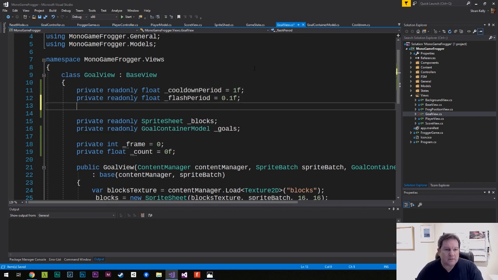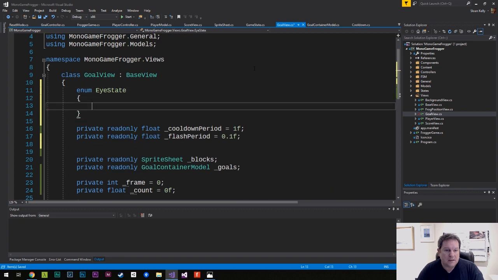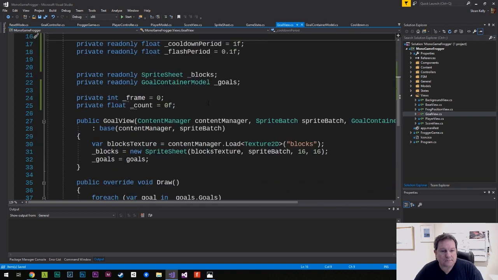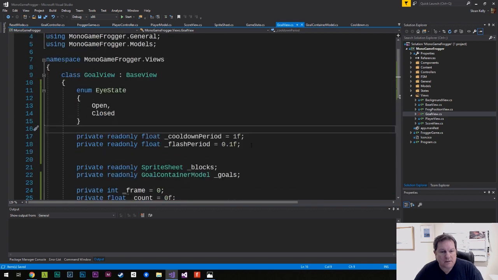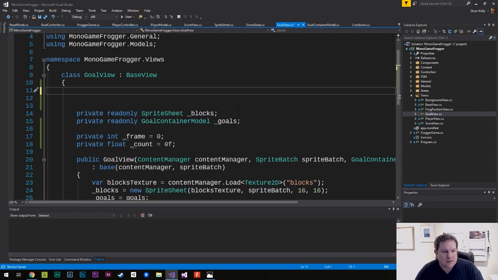And we need to know what state it's in. So I'm going to create an enum IState, open, closed. Okay. So this is the wrong place to put this, of course. This is inside,